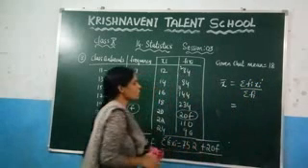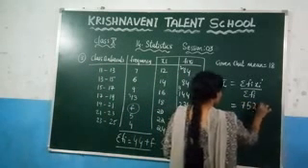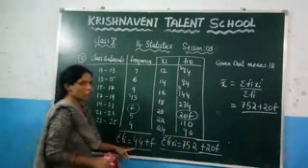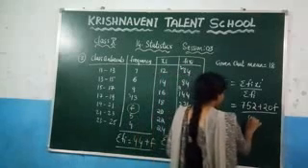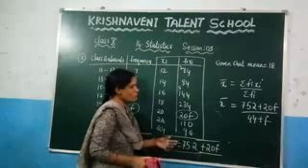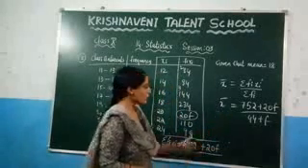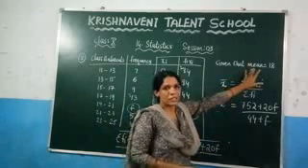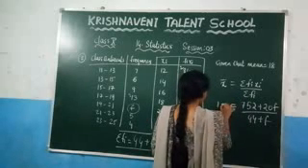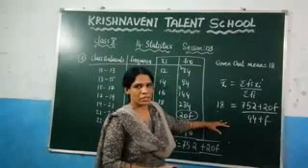Now here, what is the value of sigma fi xi? We got 752 plus 20f, divided by the value of sigma fi, which is 44 plus f. Like this we got. Now at this point, can we find the value of f? No, because in the question they have given the mean value, which is 18. They substitute this value as equal to 18, because after calculating this value you will get 18, they have already given. Now you need to solve this equation.